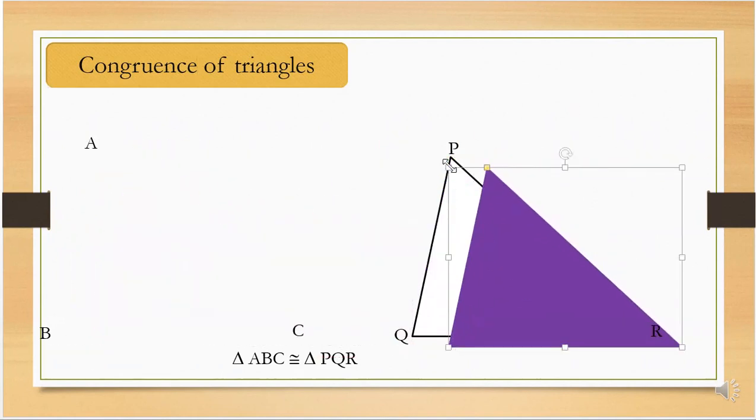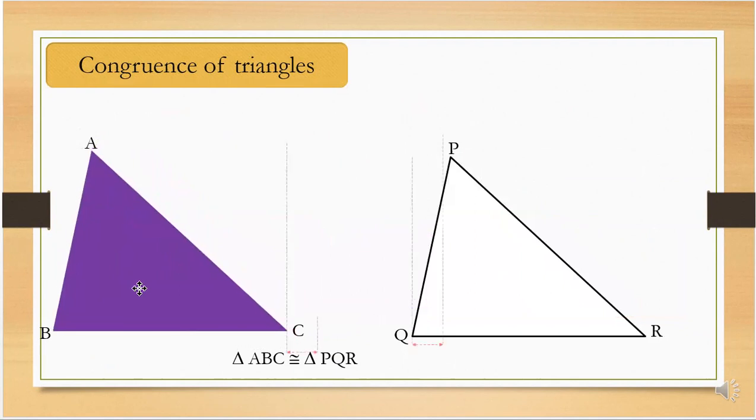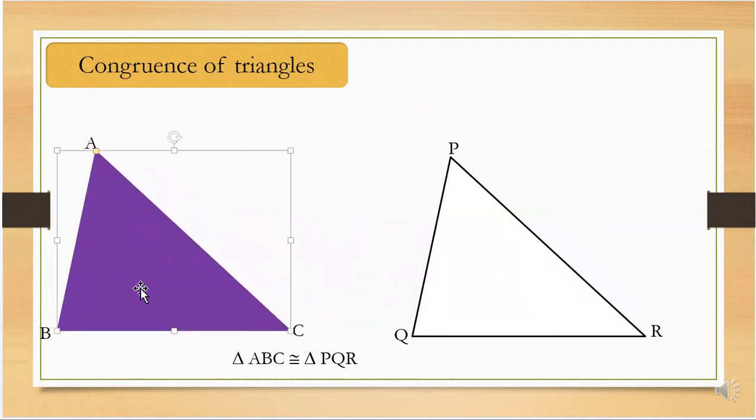Okay, that means what? The angles of both the triangles should be equal as well as the lengths should be equal. So when all angles as well as all lengths are equal, at that time we say that triangle ABC is congruent to triangle PQR. This is the sign of congruent. Okay, that was about congruence of triangle. All right. So congruence of triangle में क्या होना चाहिए? The triangles should be equal in everything, equal length as well as equal angles.